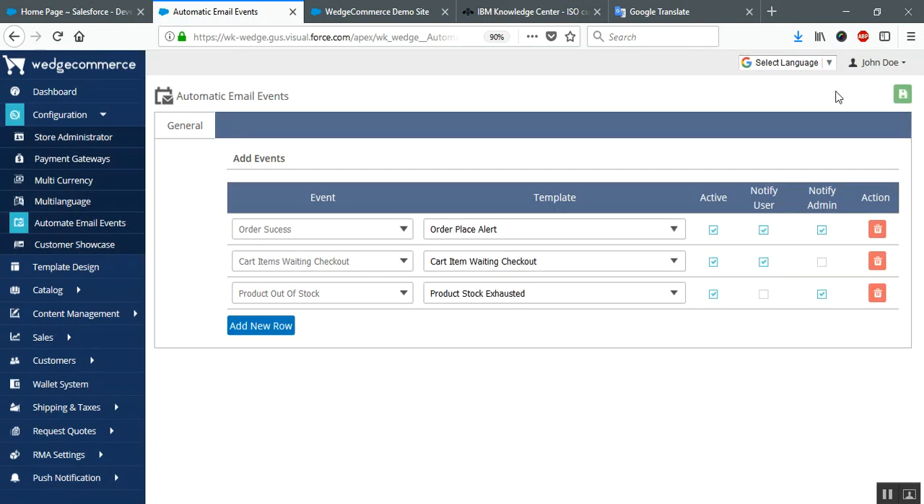Once you save that, whenever any order is placed successfully, one email will be triggered to the users and also to the admin. In this case, it will trigger an email to the user that this product is waiting for checkout, and another for the product out of stock, which will notify the admin that these products are already exhausted, based upon the template that you have selected. So in this way, the automatic email event functionality is working,